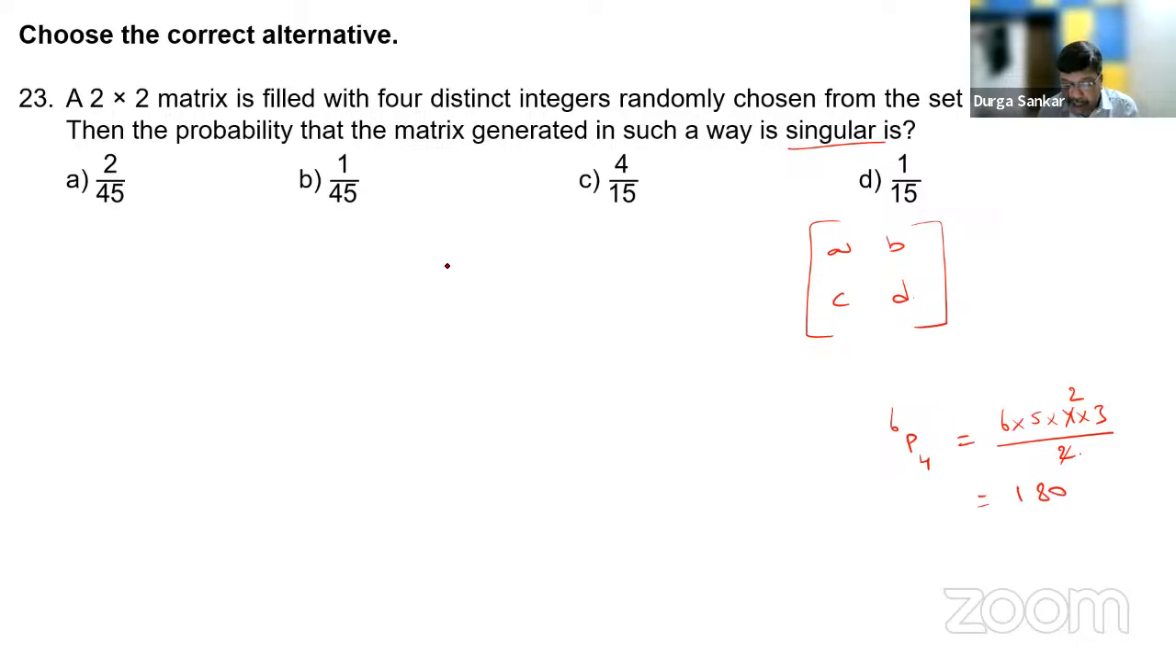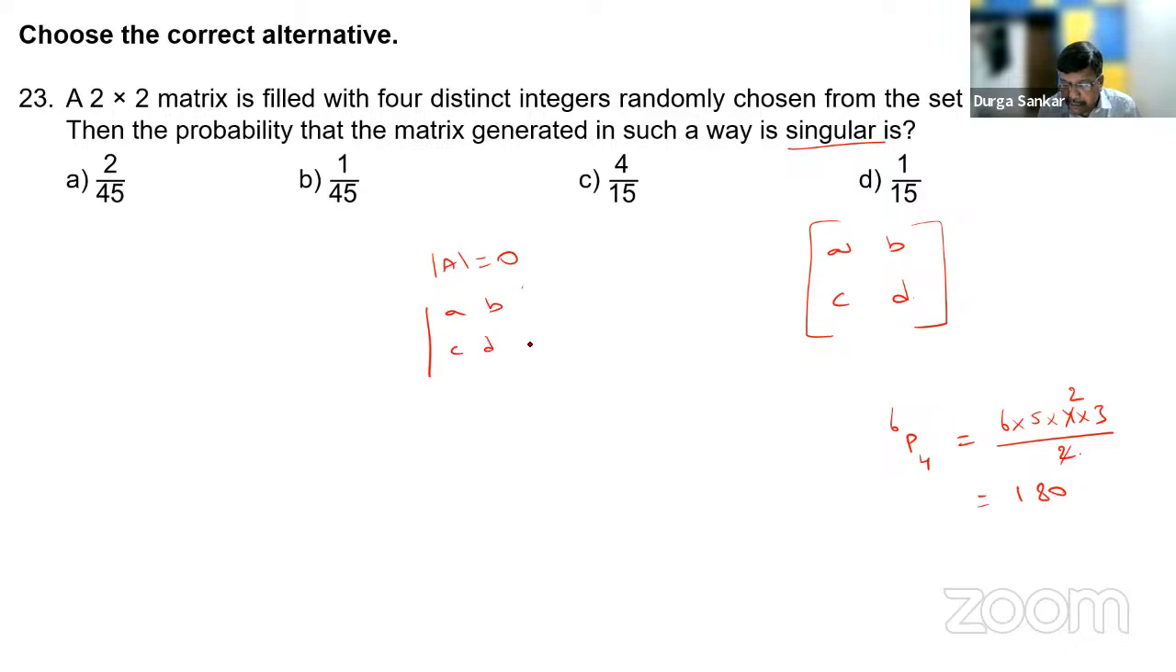What is a singular matrix? If the determinant of the matrix is 0, then we call it a singular matrix, right? Now, let us see how many different ways we can form a singular matrix. Now, determinant of